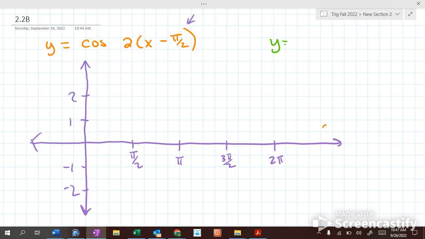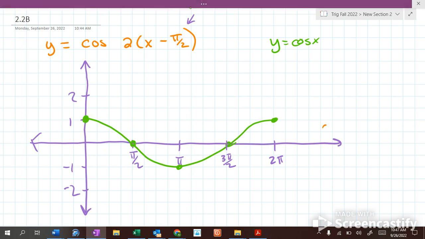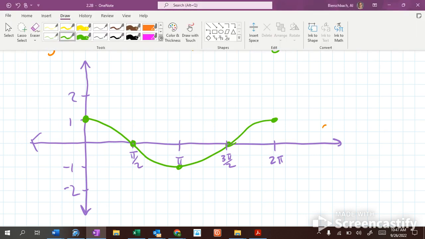Y equals cosine of x. Yep. Graph your normal cosine curve first. 1, 0, negative 1, 0, 1. Looks like that. Now if I'm going to deal with my period,